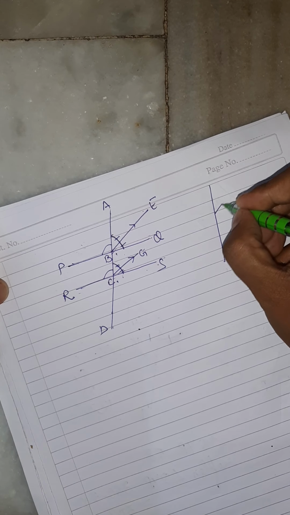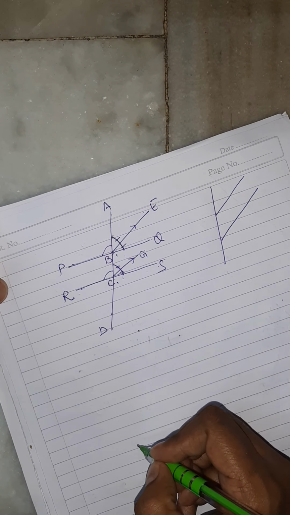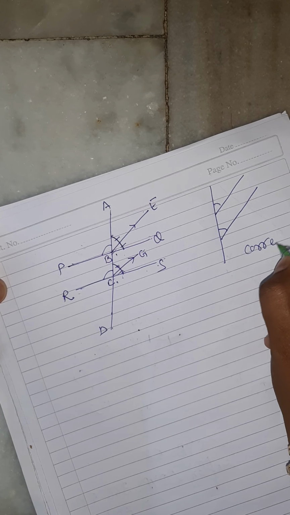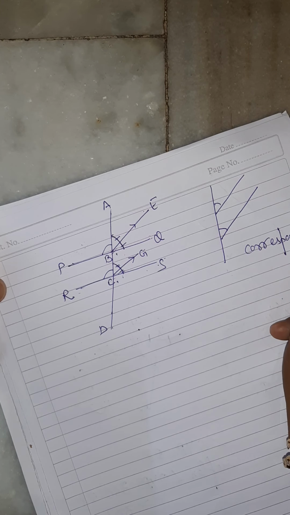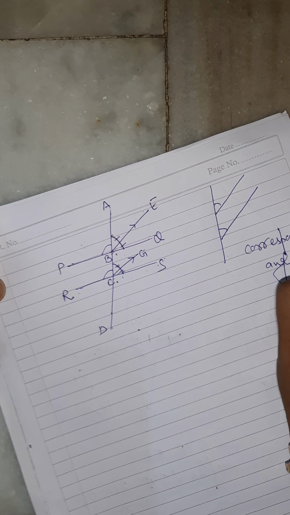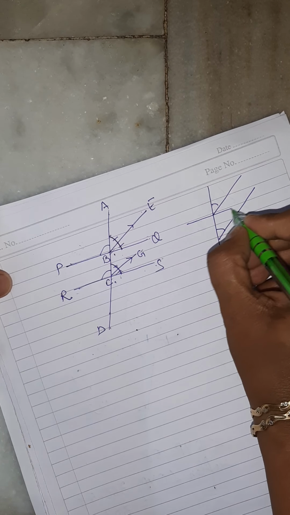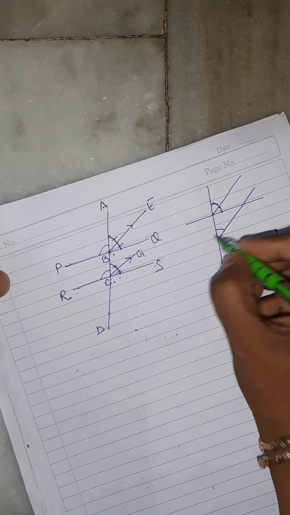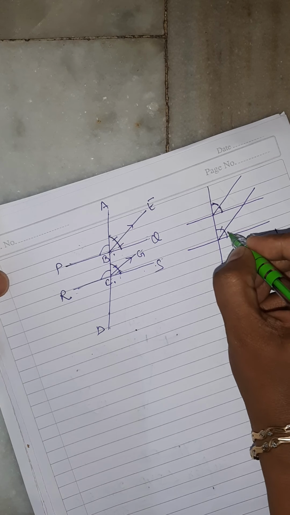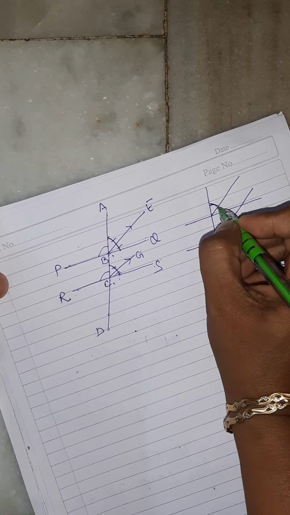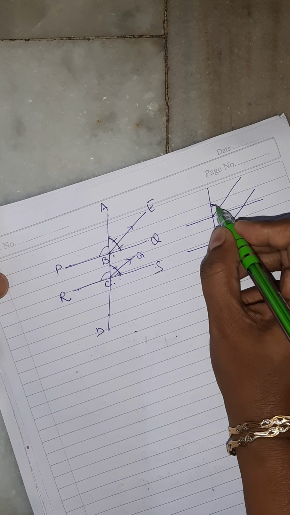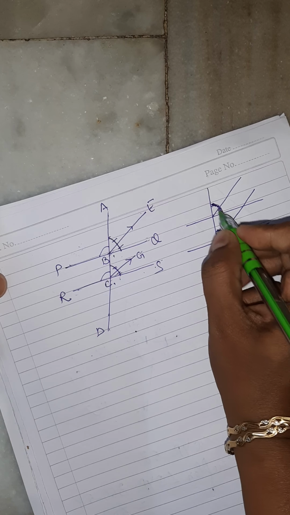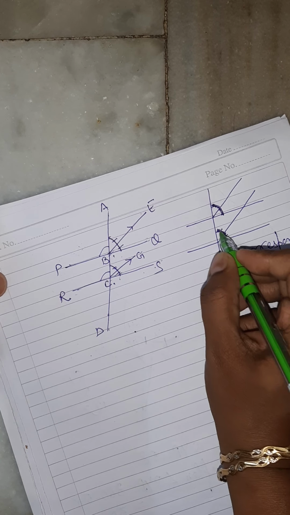Can we say something like this? What kind of angles they are forming? Yes, again they are forming corresponding angles. Now, just remember this was the bisector. So, can we say that these two angles are equal? Of course. Again, these two angles are also equal. So, when these angles are equal, if we double them up, इसको double करेंगे तो क्या बन जाएगा? ये पूरा बनेगा, right? इसको double करेंगे तो ये पूरा बन जाएगा, ठीक है?